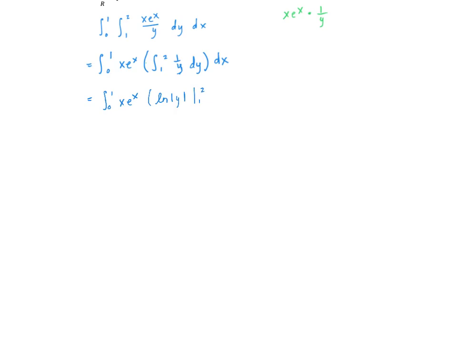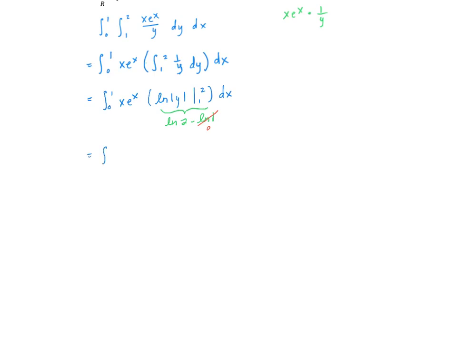And this is from 1 to 2. That becomes the natural log of 2 minus the natural log of 1, and the natural log of 1 is 0. So that whole integral is just the natural log of 2,